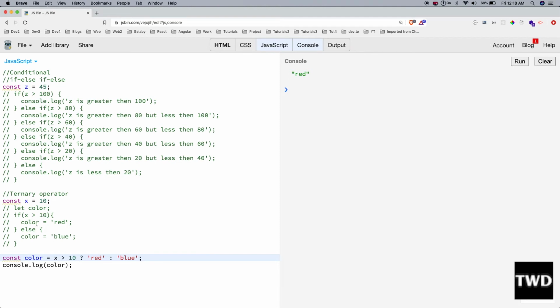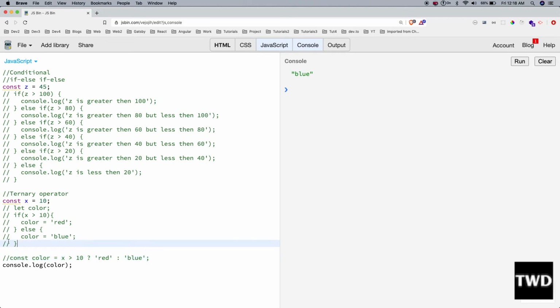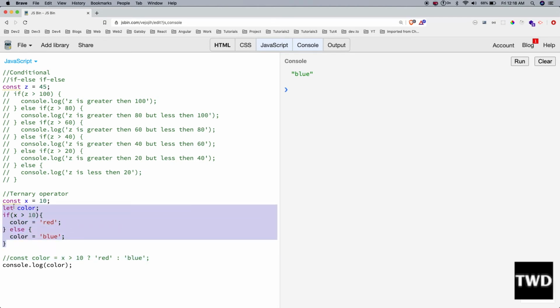So this is the short format of this. Let me clear it and run it. Yeah, blue will run. So let me show you the correct version here, because it took that from here. Let me clear it, let me run it. Yeah, blue. So similarly,